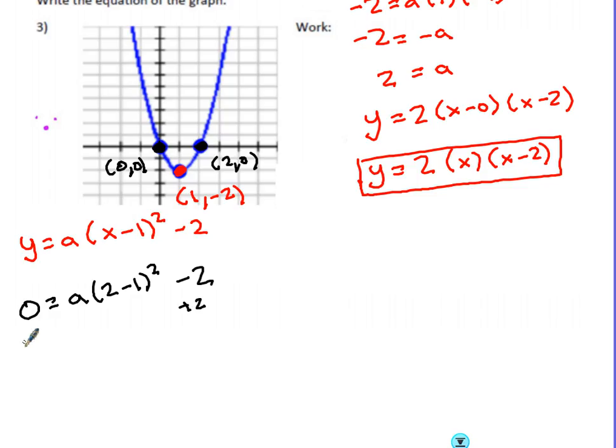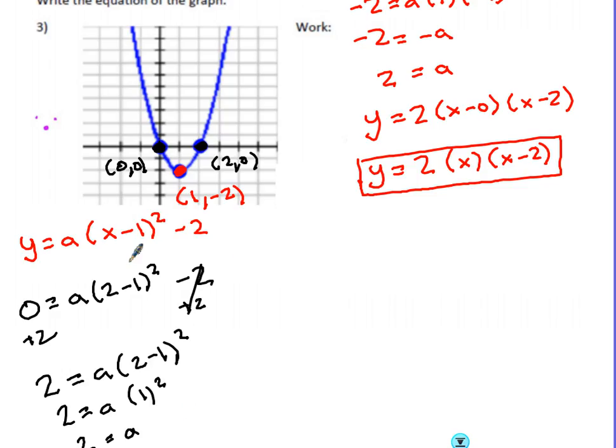Add 2 to both sides to start. So I get 2 is equal to a times 2 minus 1 squared. So 2 is equal to a times 1 squared, which is 1. So a equals 2. Which means in vertex form, the final equation is y is equal to 2 times x minus 1 squared minus